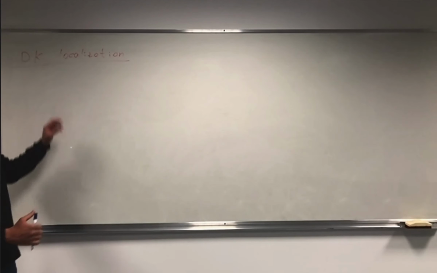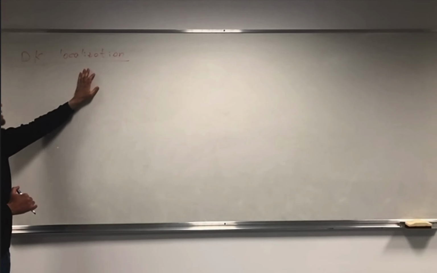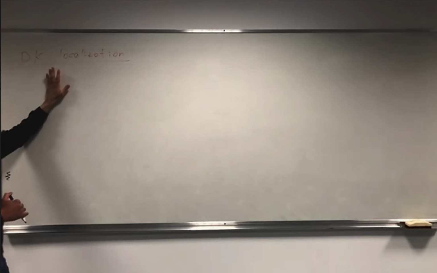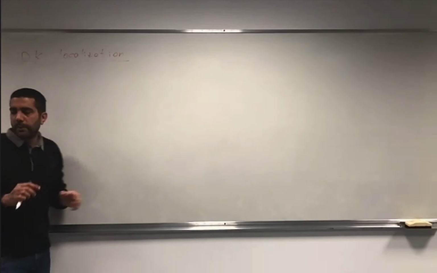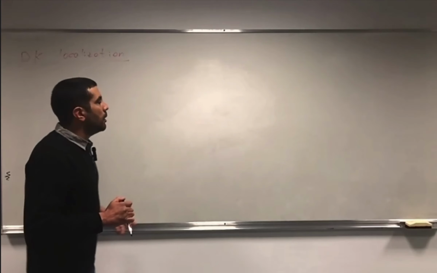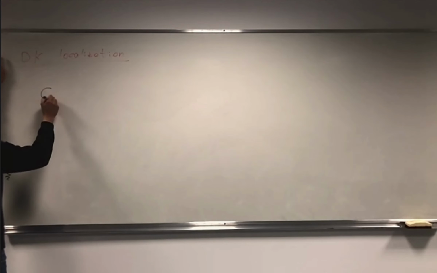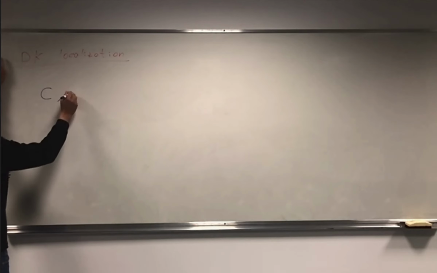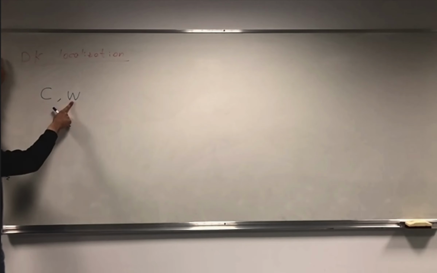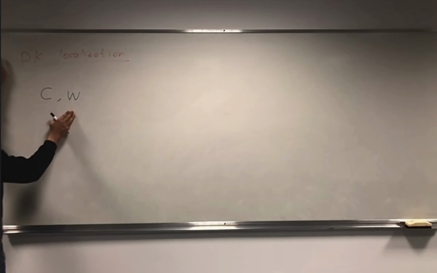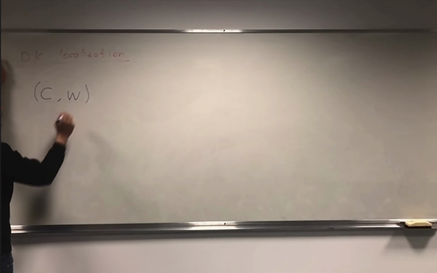Okay, let me remind you, we will talk about Dwyer-Kan localization. It's a natural generalization of the homotopy category for a model category, or it doesn't even have to be a model category, it has to be something with weak equivalences. Let's start by recalling: we have a category C with W, a subcategory of weak equivalences, which has the property of 2 out of 3. When we have this pair, we can build from it